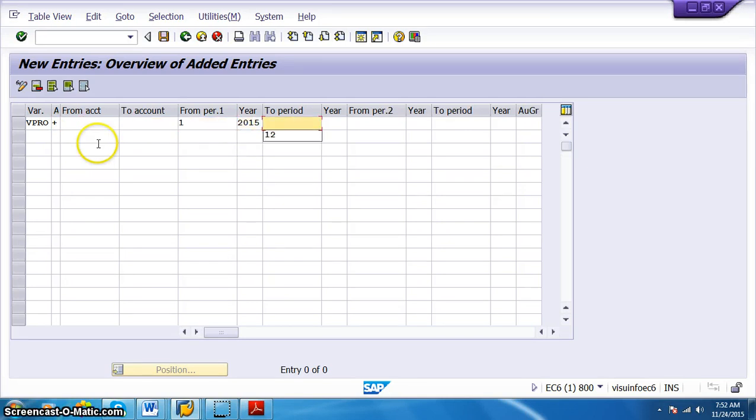I'm not giving any periods here. I'm not giving any account numbers, so we are not restricting any account numbers. And plus means all types of accounts will be there.